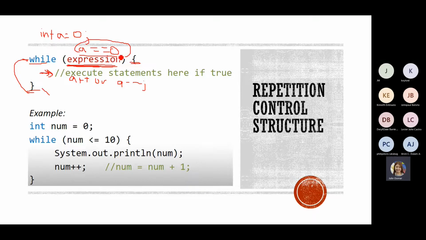Or any other way is ang condition mo mismo ang gagawan mo ng paraan. Aside from that, you have increment and decrement. Increment, yung plus plus natin, minus minus is decrement. Meaning pag increment, mag-a-add siya ng 1, pag decrement, mag-deduct siya ng 1